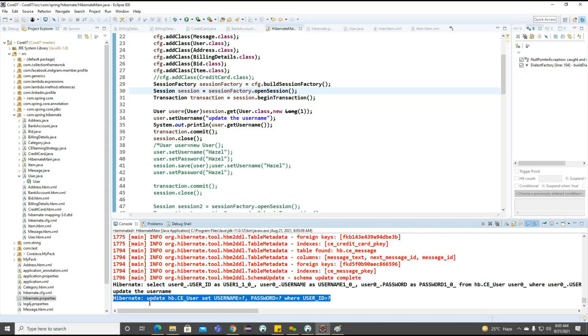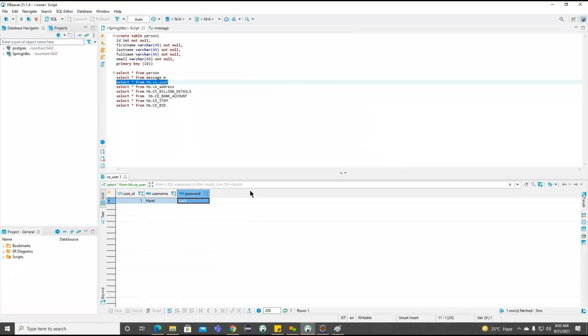Now what you are understanding is, whenever we are in the same session and same transaction, without calling session.save or update, the data is updated in the database. Now we'll go to the user table. Now you can see, previously the username we had was Hazel.